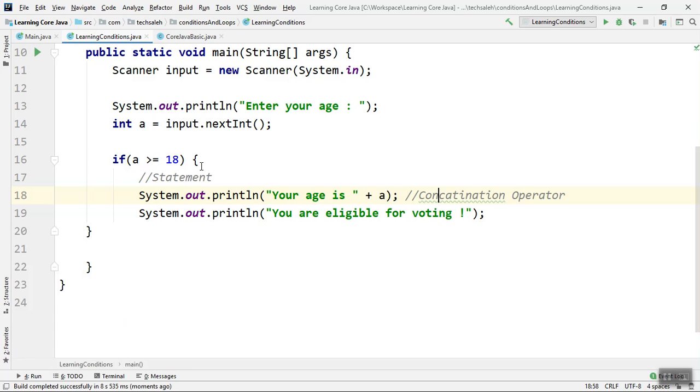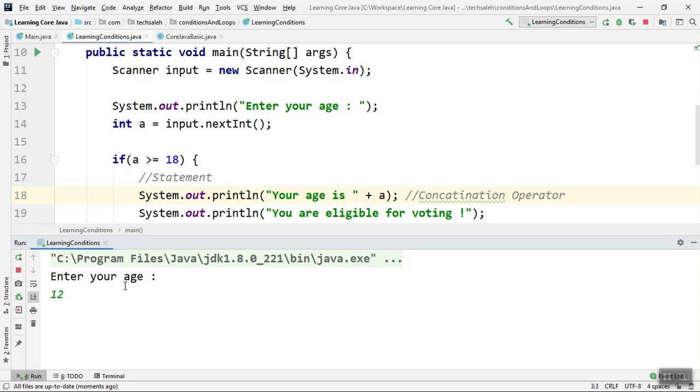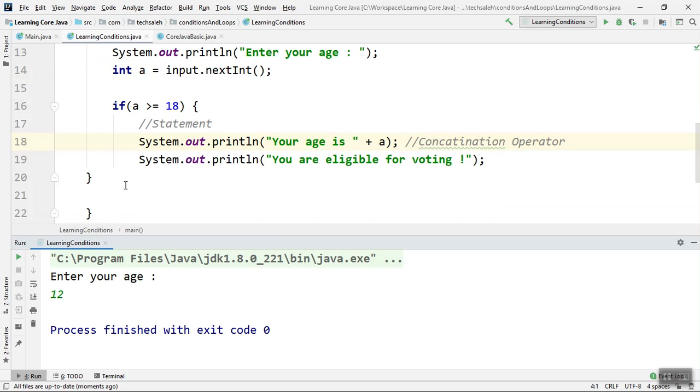And the next thing that we have to look at is, what if the user does not give anything? In that case, we are not considering that case actually. So just suppose I'm going to give 12, right? So you will see that the process finished with exit code 0 and nothing happened. So for that purpose, you can simply give